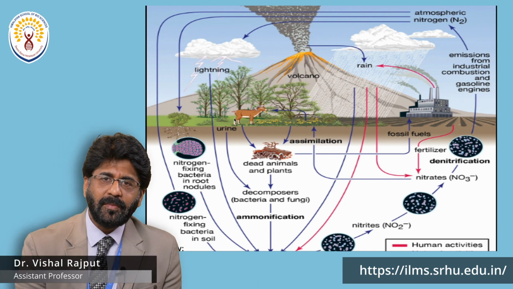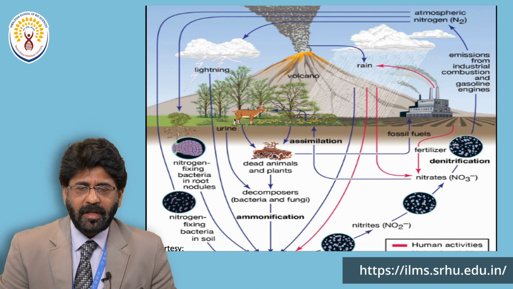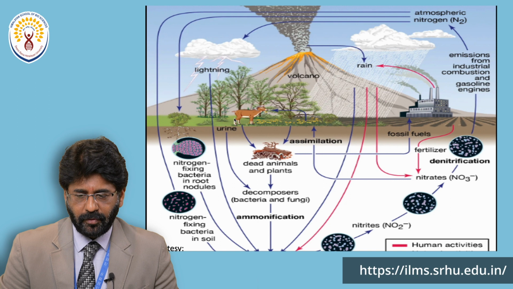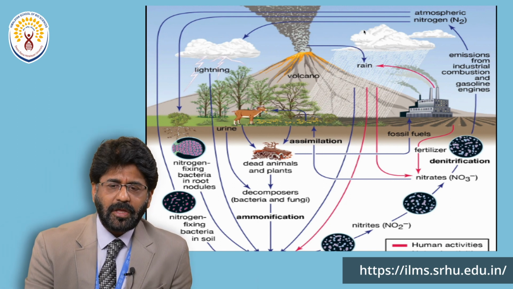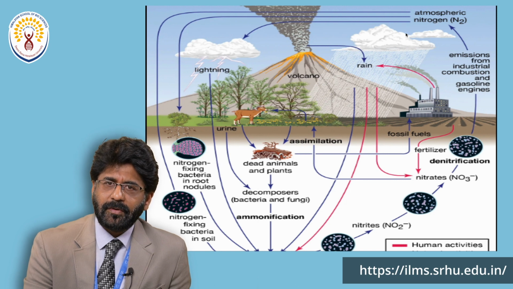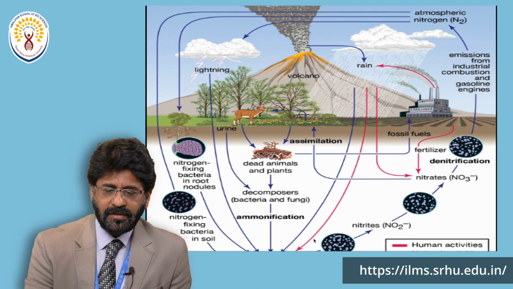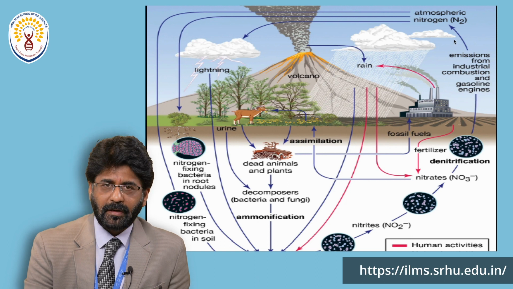Simultaneously, animals produce a huge amount of fecal material and they excrete a certain amount of nitrogen, which is also being absorbed by the soil and returned to the lithospheric reservoir. Here in this section you can see that a huge amount of nitrogen is being transferred from the atmosphere to the lithosphere. But there is one more cyclic way, which is returning the lithospheric nitrogen back to the atmospheric nitrogen.